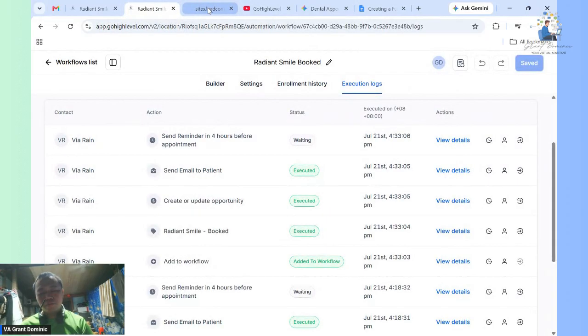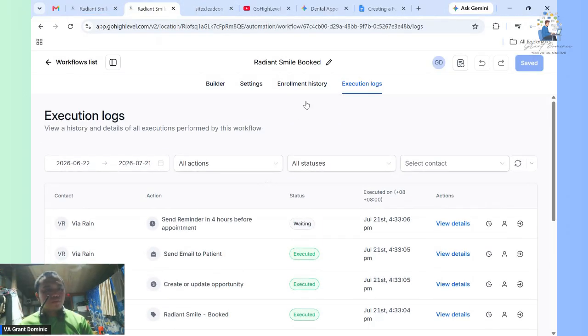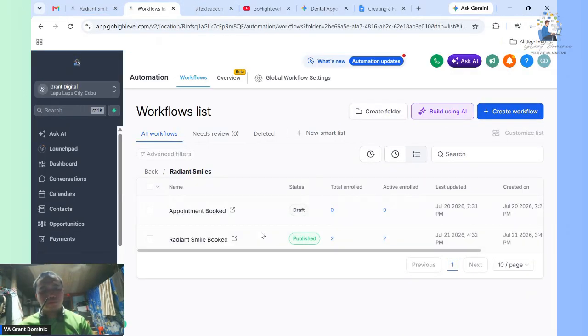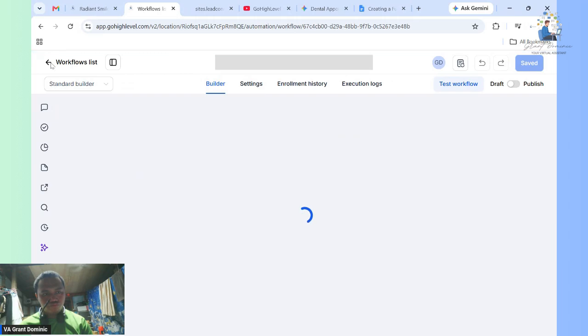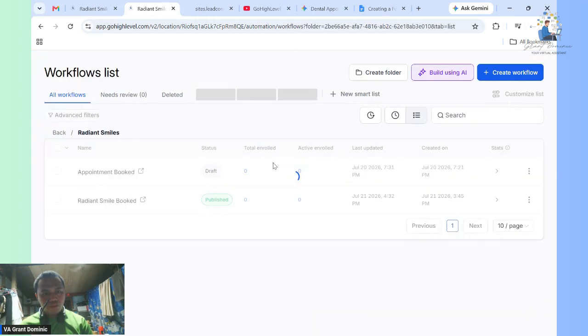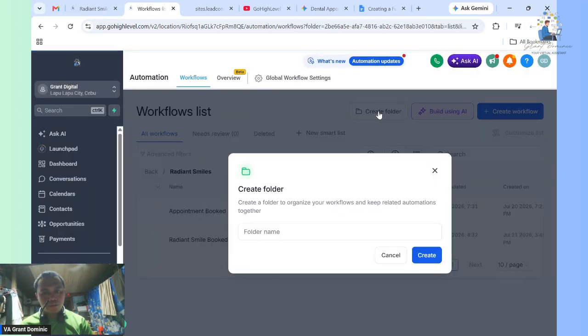So what if the patient did not show up or canceled? So we're going to make an automation on that. So we will create another workflow. Let me create a folder on this.